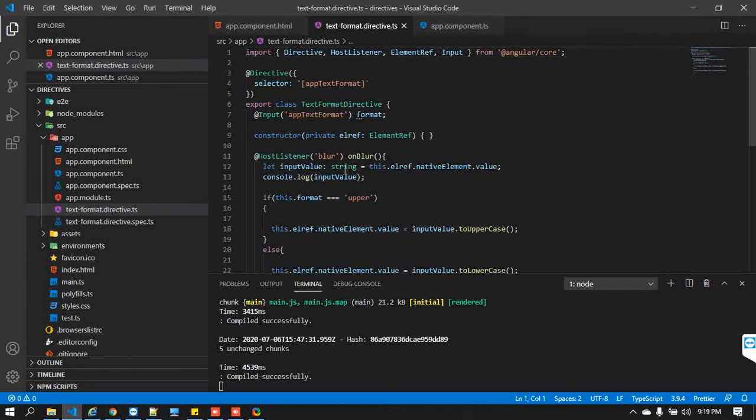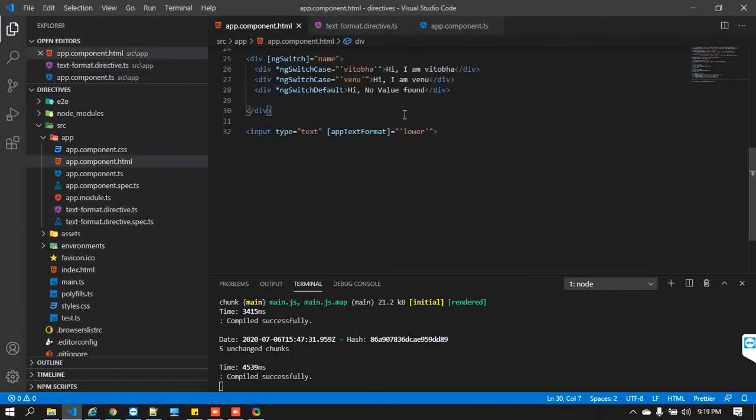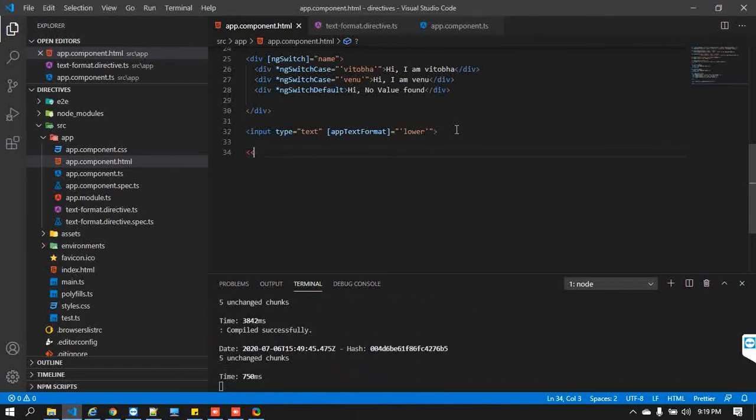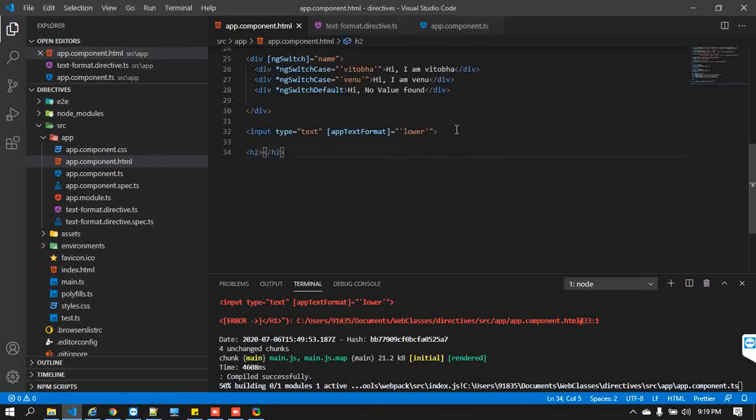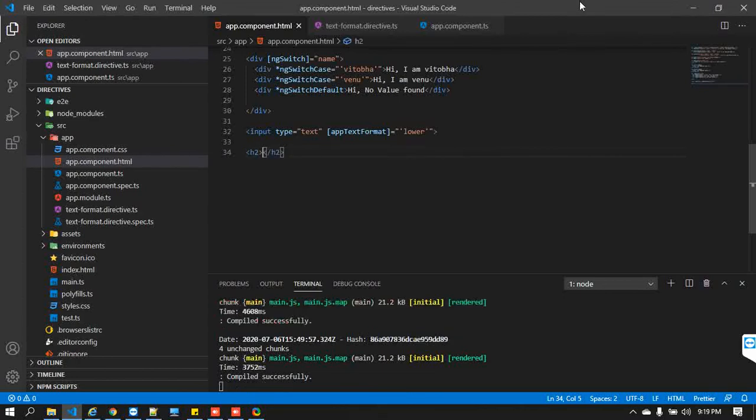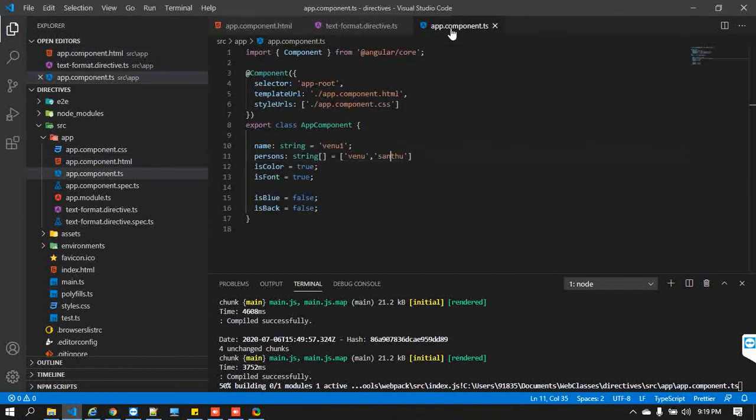This is very important, guys. And one more thing, it's very simple, not a big thing actually. For example, what I'm trying to do at this moment: let me give an h1. Now I would like to do one thing.